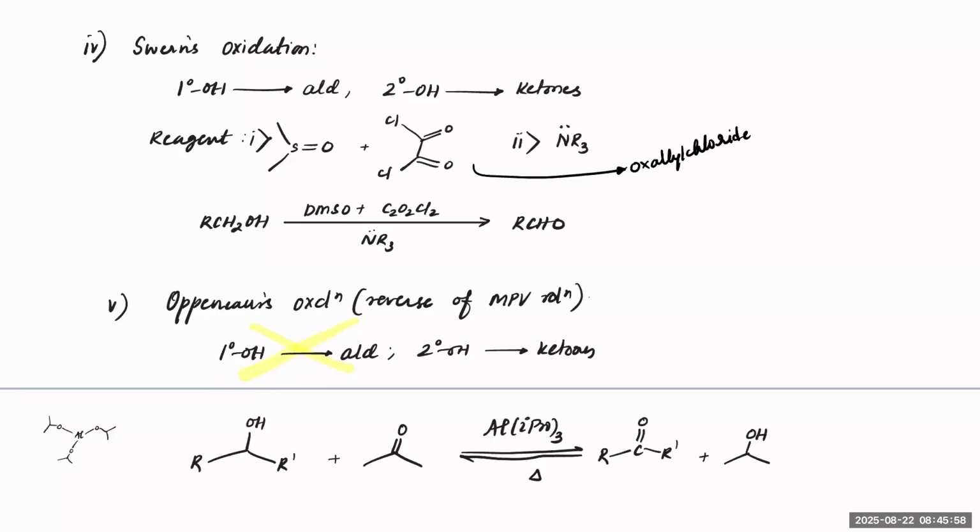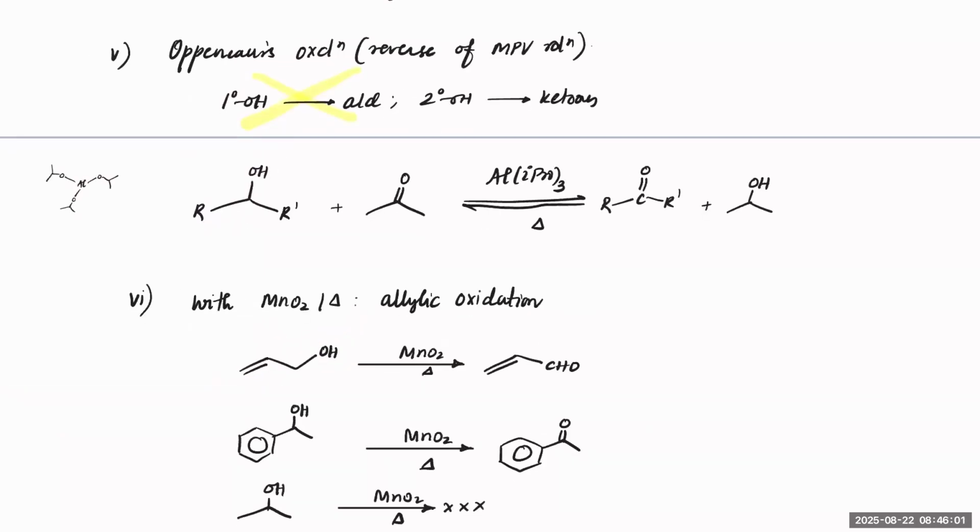Yes sir. Next is Oppenauer oxidation, which is the reverse of MPV reduction. In MPV reduction, we were converting a ketone into alcohol. Now what we are doing, we are taking an alcohol and converting into a ketone. Okay. So this is a primary group. Clear? So you see this is keto 1 and